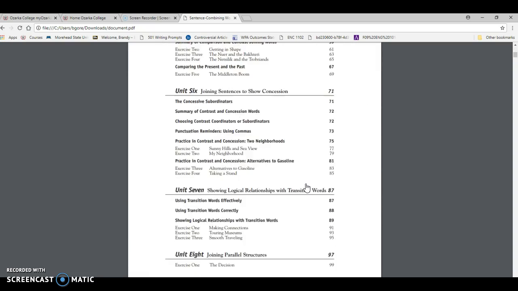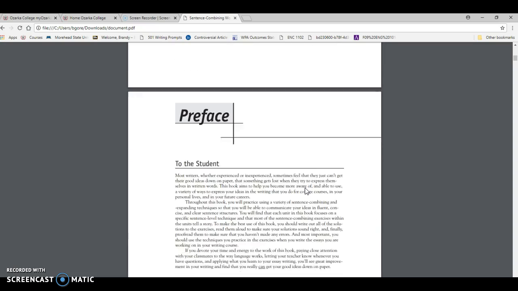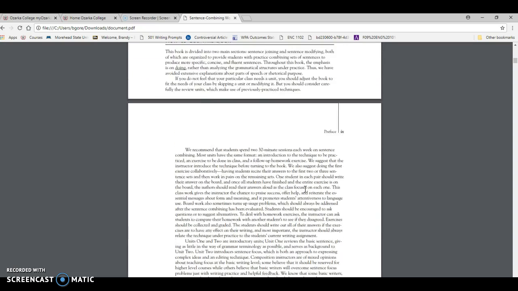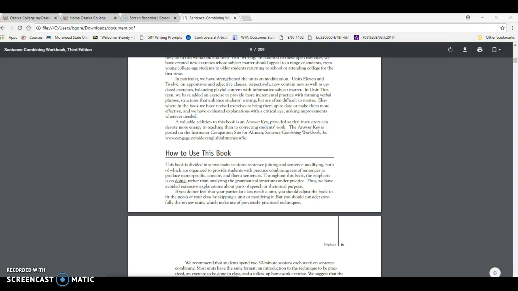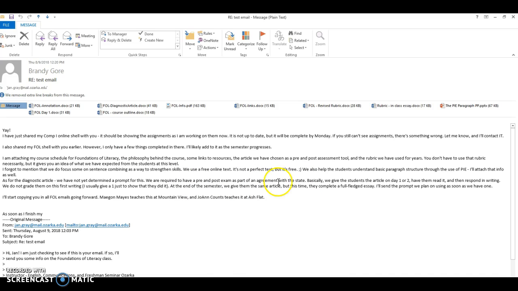This is just something some of us choose to work on because it is one separate skill that our colleagues over in California did focus on with sentence combining. So we thought that that would be okay for us to do too.